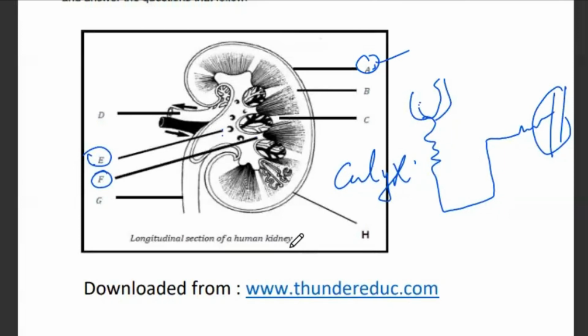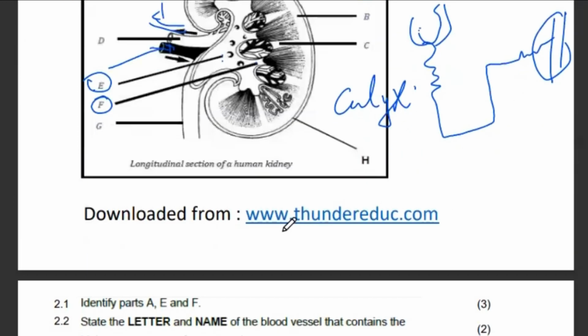So it is a renal artery. So you see that this one takes blood, or this one brings blood. In this case, the number is not there, but this is the point. You understand? It's the point. And then this one takes blood, meaning that it has been purified. Then they're saying that